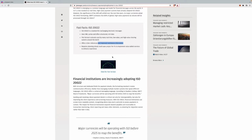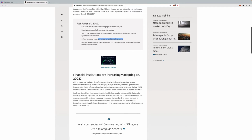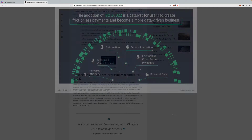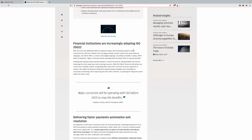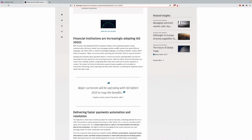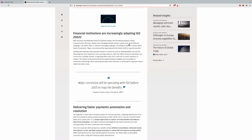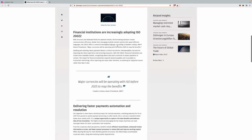It requires planning ahead, a multi-year project for financial institutions to implement value-added services to enhance experience. So let's see what this is. The adoption of ISO 222 is a catalyst for users to create frictionless payments and become a more data-driven business. And you can see they're increasingly adopting it. With structure and dedicated fields for payment details, the formatting standard creates communication efficiency. Rather than managing multiple market systems that speak different languages, ISO 222 offers a universal messaging language. According to Stephen Lindsay, SWIFT head of standards, major currencies will be operating with ISO before 2025 to reap the